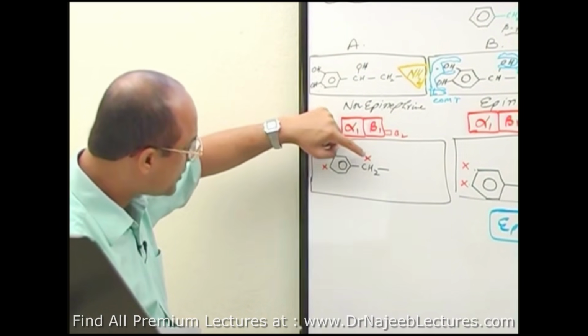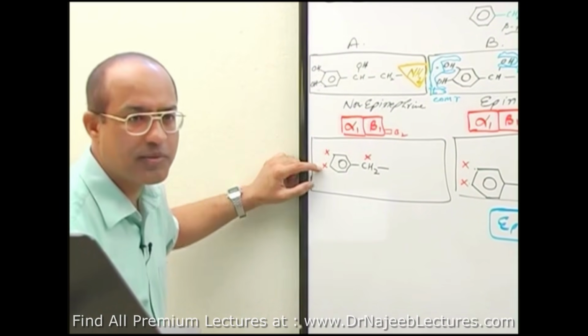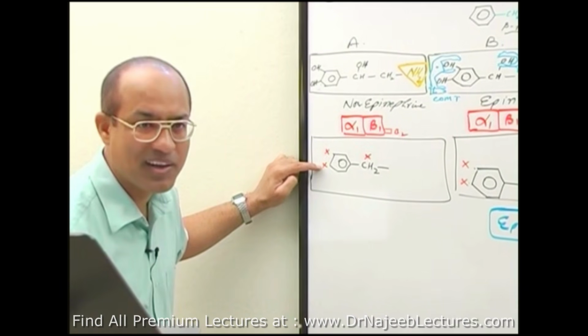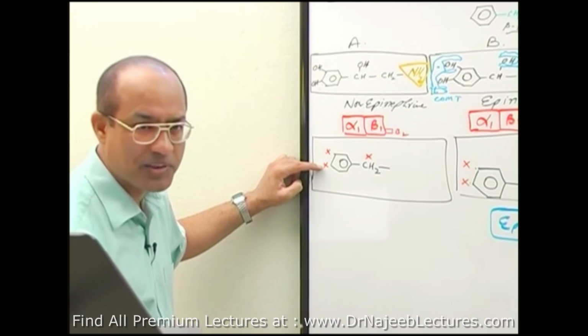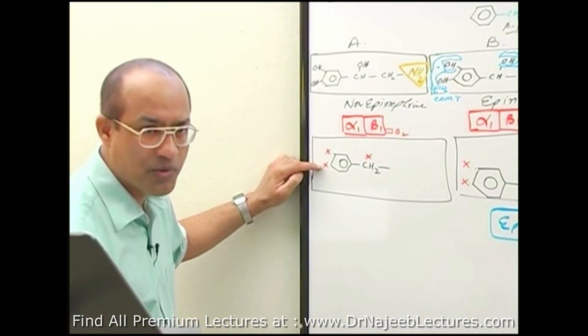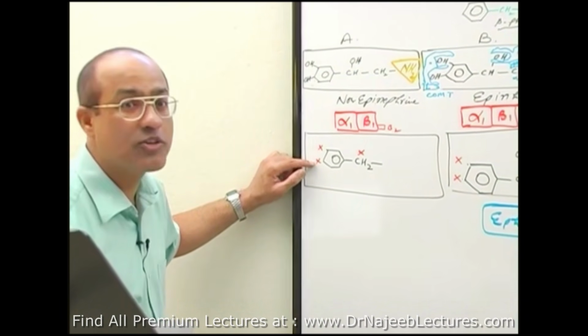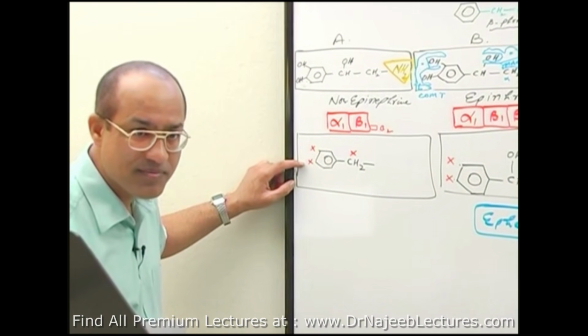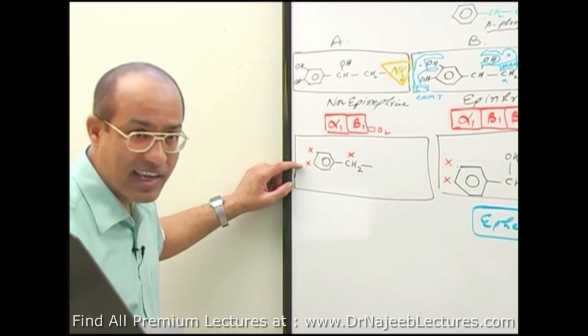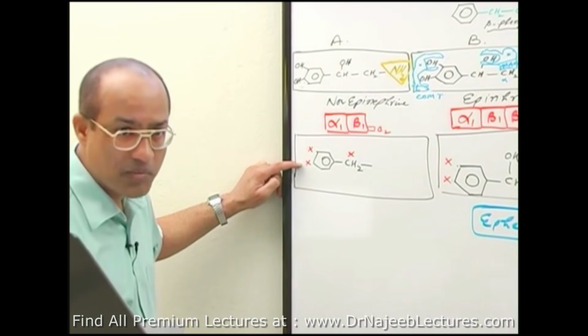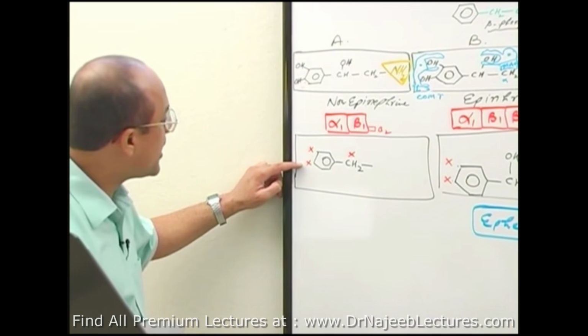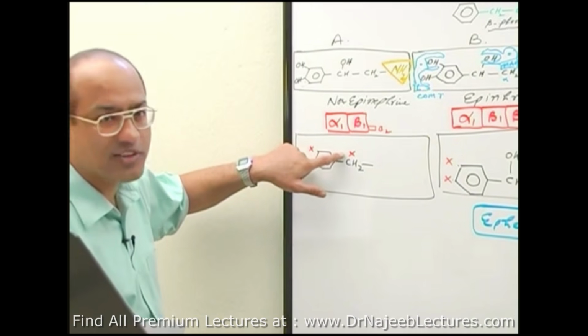Is that right? When so many hydroxyls are removed, it becomes highly lipid soluble. Is that right? Very good oral absorption and very good crossing of the blood-brain barrier. And of course, it is not a directly acting sympathomimetic drug. It is an indirectly acting sympathomimetic drug. And because this hydroxyl is not there,